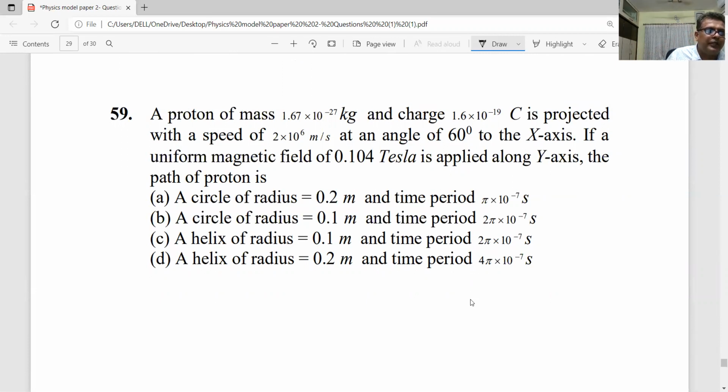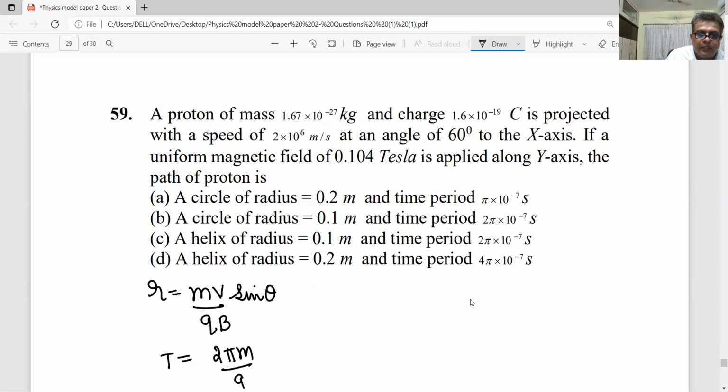You have to understand. Now, we know the formula for the R value. R is equal to mv by qB when the charged particle is in a perpendicular direction to the magnetic field. Here it is not perpendicular, so we must use sin theta. Right? Time period. What is the formula for time period? You should know time period is 2 pi m divided by qB. If you don't know these formulas, it will be difficult. Okay, mv by qB substitution.